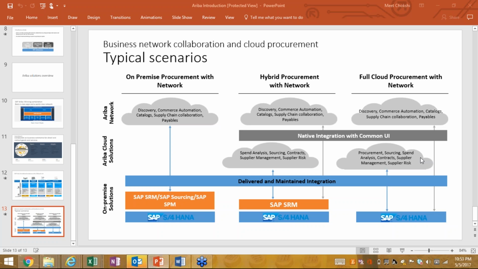It's not like the SAP certification where you go physically to a class; it's more virtual. It's 24 by 7, and you can take the exam at any point of time. If you want to take the exam after 10 minutes, you can register and take it after 10 minutes. It's that flexible.